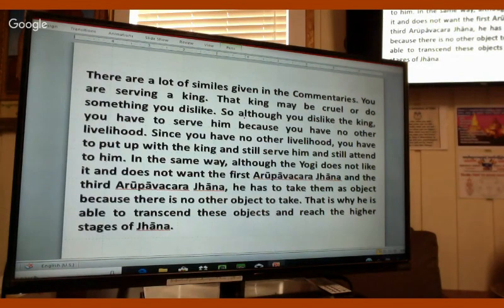If you want to connect the object, you can. If you cut off, you can. It depends on your mind, isn't it? The object is just supporting. If you train your mind, you can do that. So that is the meaning the Buddha said in the Anguttara Nikaya. Very interesting.